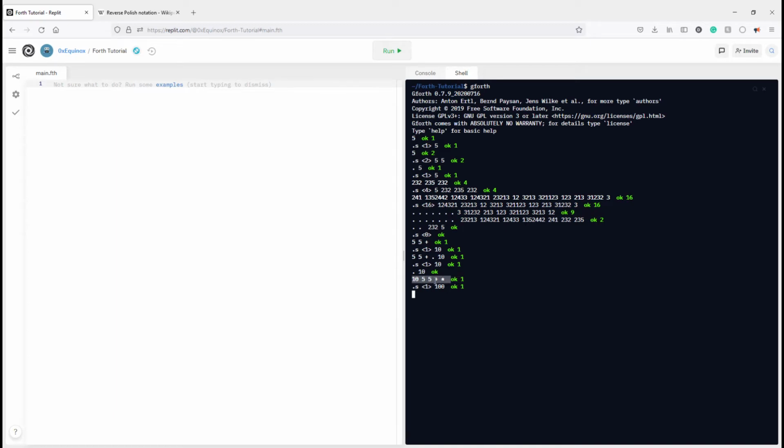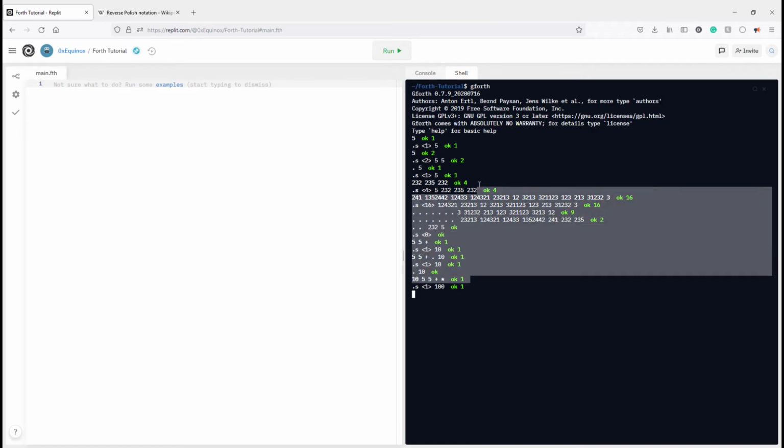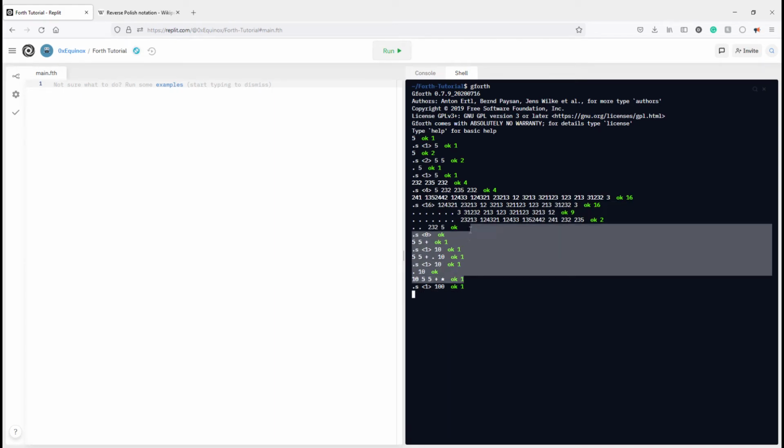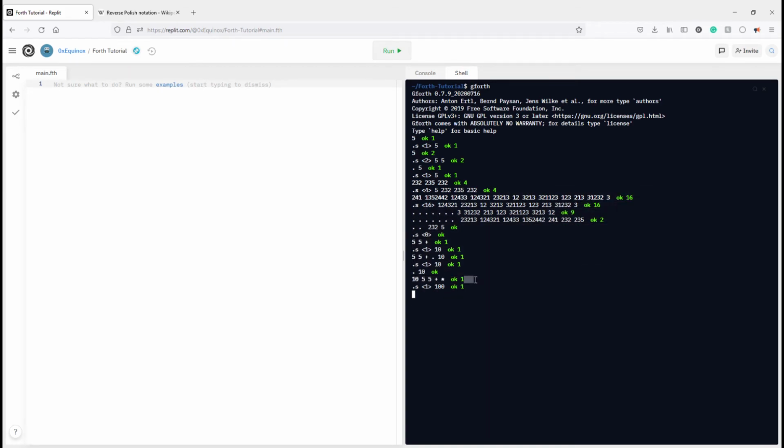All of the numbers come before the operations, so it's very clean and very, very easy for the computer to understand. And this is some of the very cool things about Forth that make it somewhat unique in that way. It's one of the only stack-oriented languages that was ever built, or you could say popularized, but I mean, not really super popular. And that's essentially the basics of the